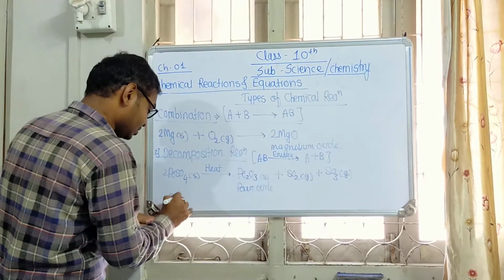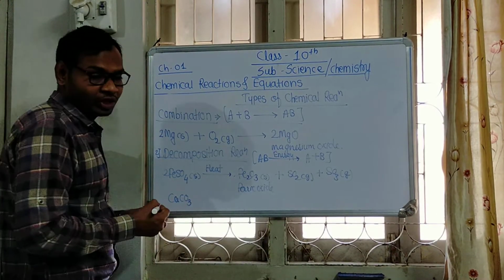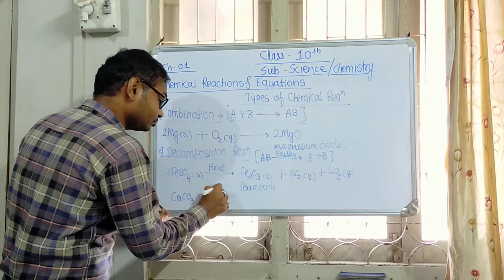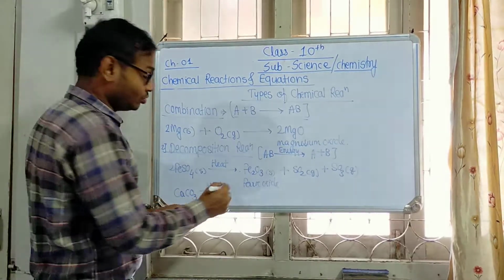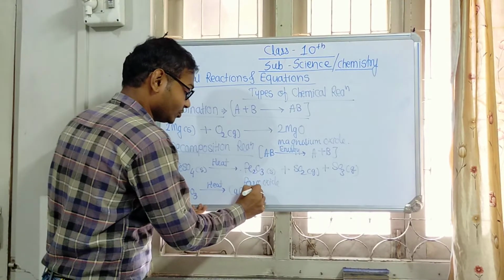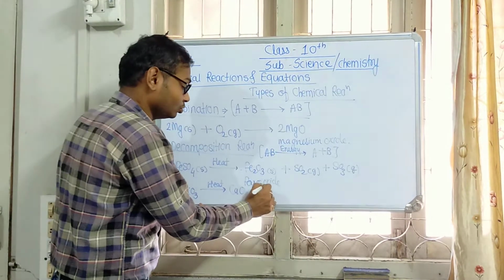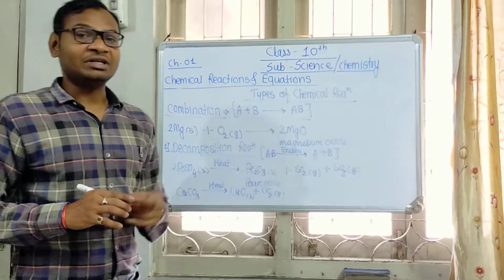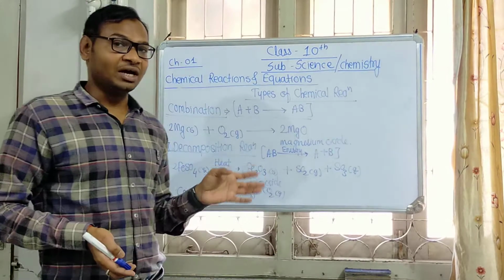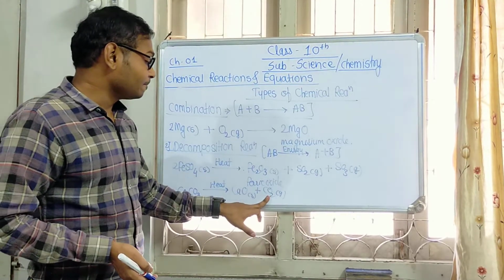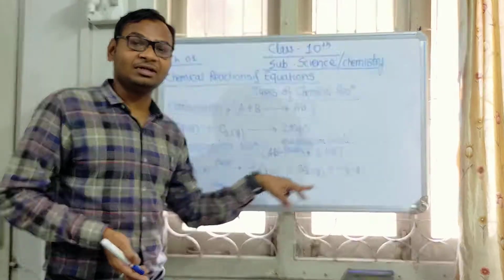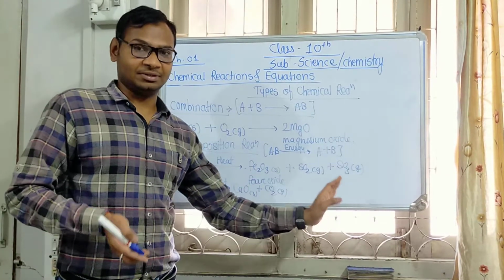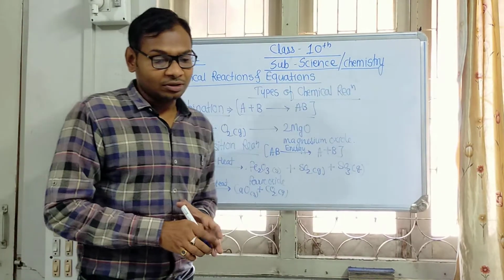Second reaction, that is CaCO3, that is limestone. On heating it gives CaO, that is slaked lime, plus CO2 gas. This is solid. So the one concept behind these reactions is that in both reactions gases get released. The mean of decomposition is release of gases. That is its second, third reaction.